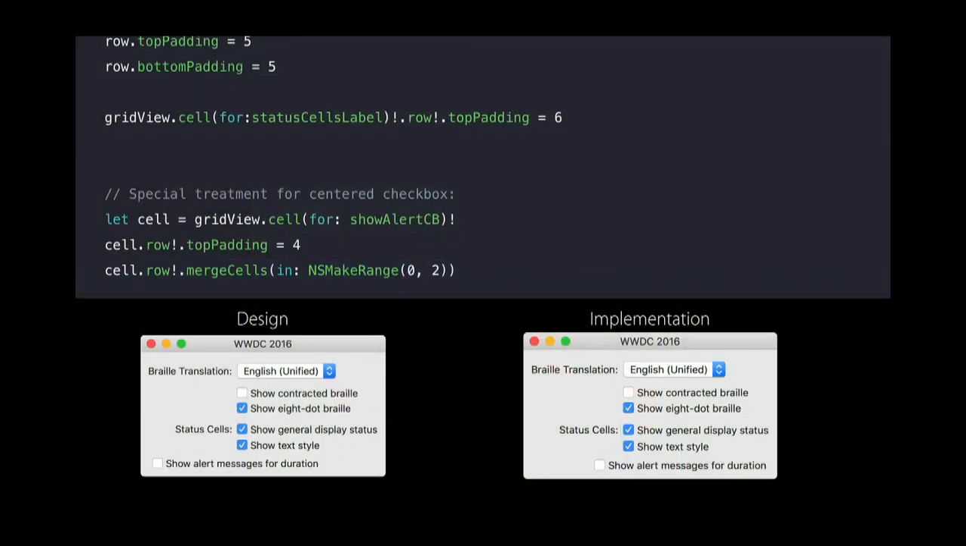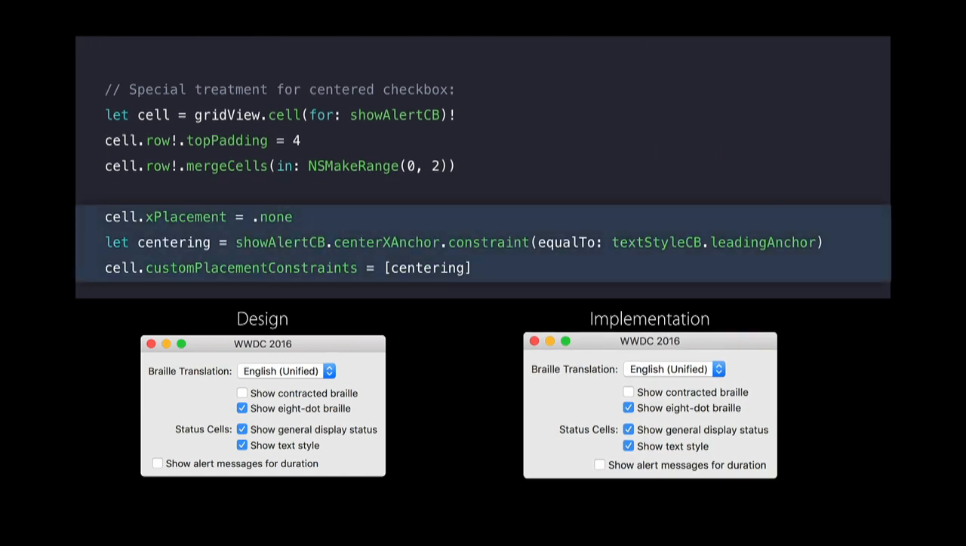And that starts by setting the placement for this cell to none. When you set these placement values to none, it has the effect of causing the grid view to stop maintaining that aspect of the layout. And what that buys us is that the grid view won't be applying any constraints that might conflict with our constraints. So once that's done, we can go ahead and make a constraint from the